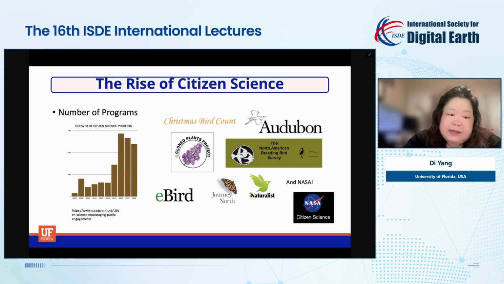On the left side, we show the number of programs every year; citizen science projects number in the hundreds and thousands. Today we are going to spend some time talking about two platforms. One is called iNaturalist, the other one is Citizen Science